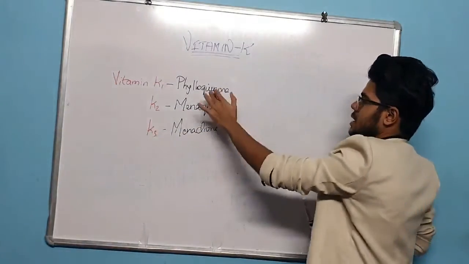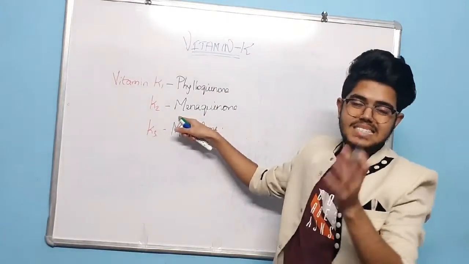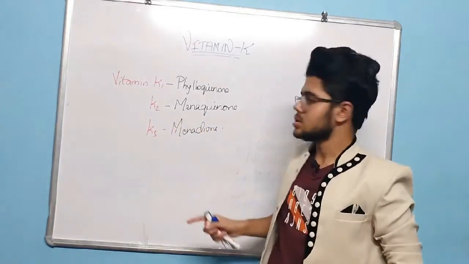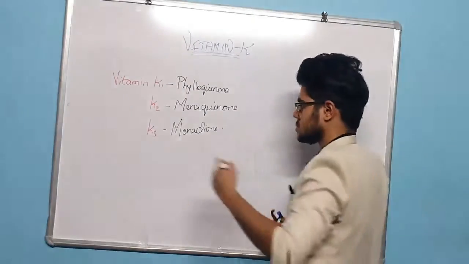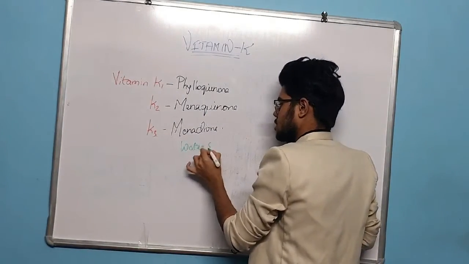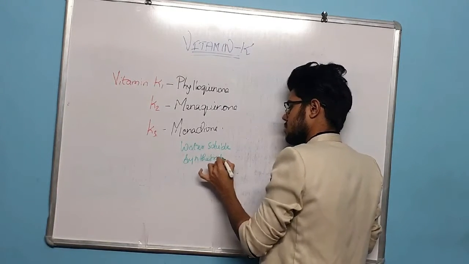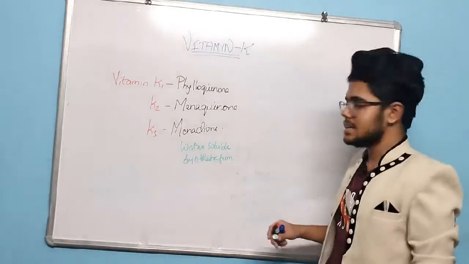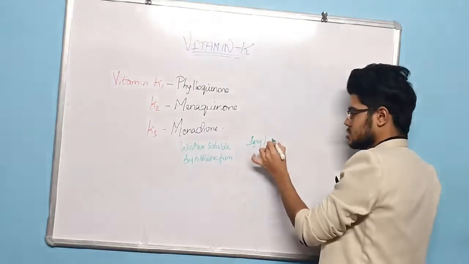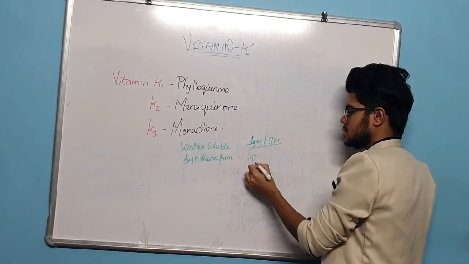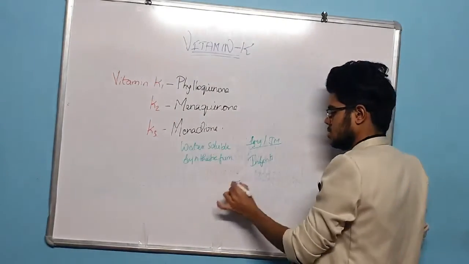Okay, so this K1, the phylloquinone, is a plant source, and menaquinone, remember it as intestinal bacteria, so it is an animal source. And this menadione is very important, that it is water soluble. It is present in the synthetic form, and remember it is given 1 milligram, okay, intramuscularly to the infants or the newborn babies, okay, to prevent hemolysis.